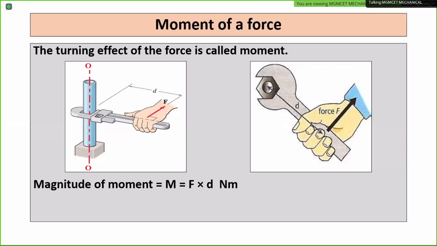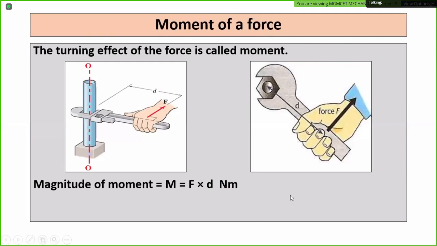And don't forget, D is the perpendicular distance between the line of action of the force and the point about which rotation takes place. Observe the diagram carefully. D देखो, D क्या दिया है? Force का direction and the point of rotation. उसके अंदर जो perpendicular distance है, that is distance D. Always the perpendicular distance D has to be considered. Okay, so already we have studied this one. So एक revision कर रहे हैं हम लोग. Before starting the non-concurrent force system, the concept of the moment has to be clear. That's why we are considering this one.